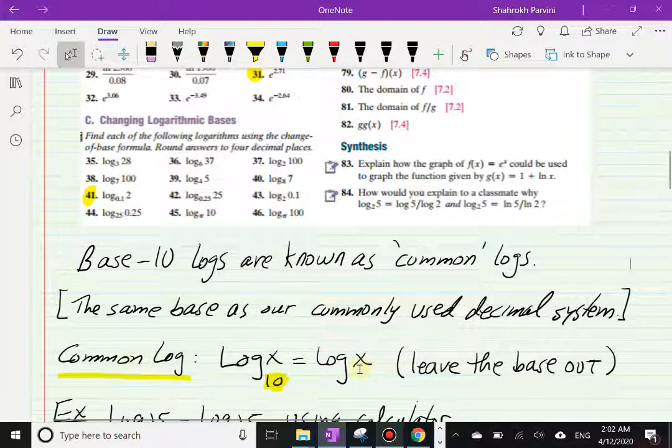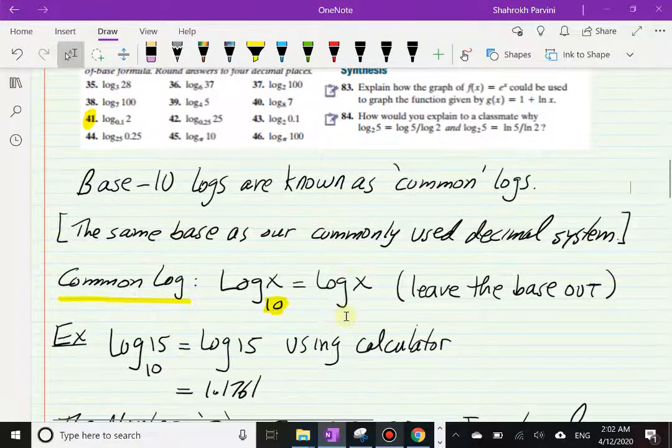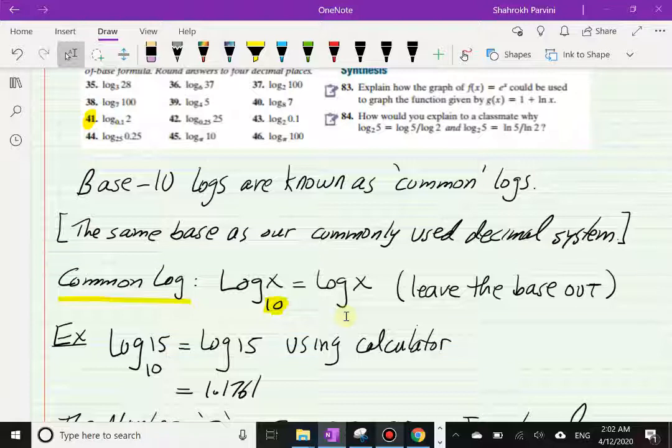And we are actually allowed to leave the base out. So that's the form that we actually want to go to, the form that leaves the base out, and this is a common log. As an example, let's say I want to evaluate log 15 base 10, and we can write it as a common log, just log of 15 without the base. Remember, if the base is left out, it's implied to be 10. They just don't write it. So using a calculator, you get